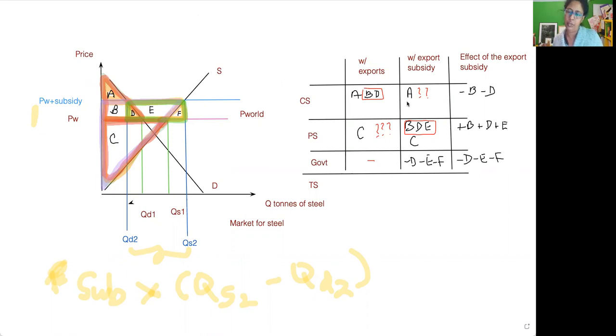Any policy, there are winners and losers. And what we can see here is that the loss to consumers is effectively a transfer. You make consumers poorer and you make the producers richer. And you see this transfer E,